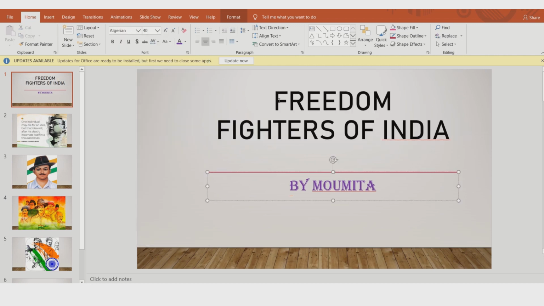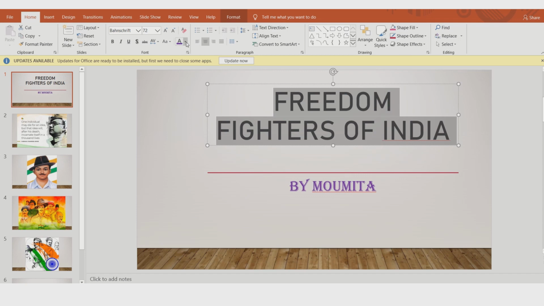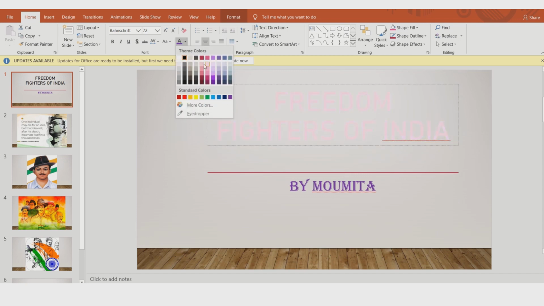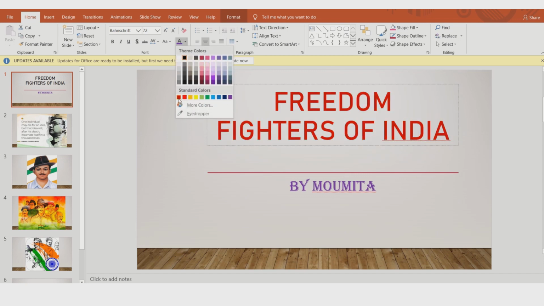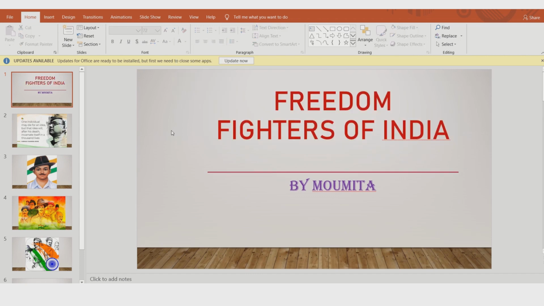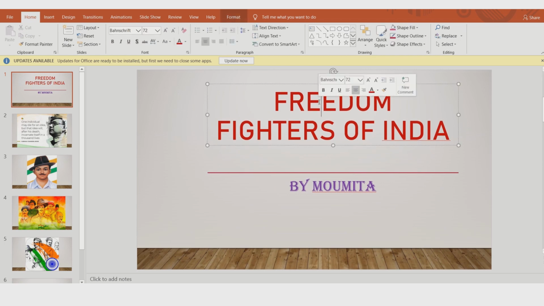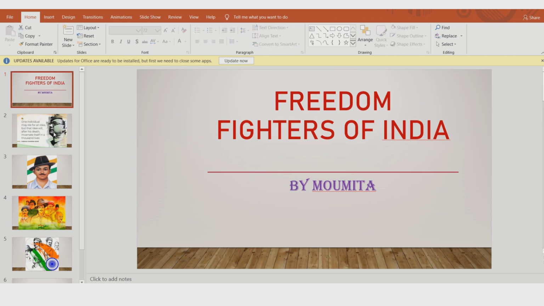And you can choose the color also. Suppose this is the color. Freedom Fighters of India. This is our photo album name.